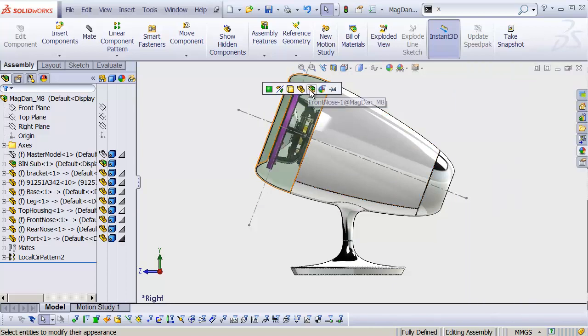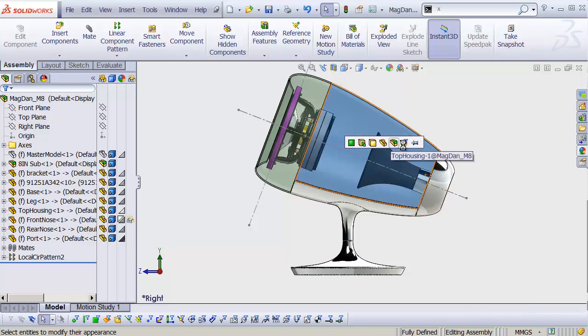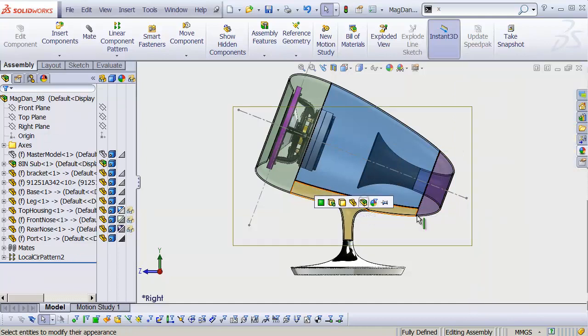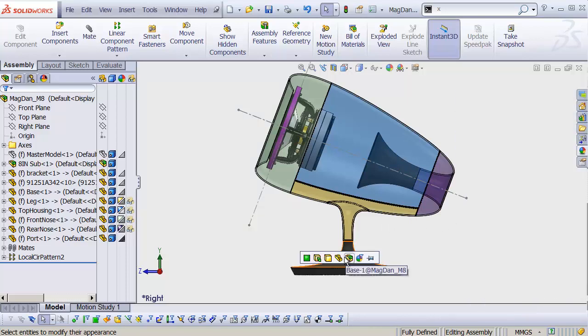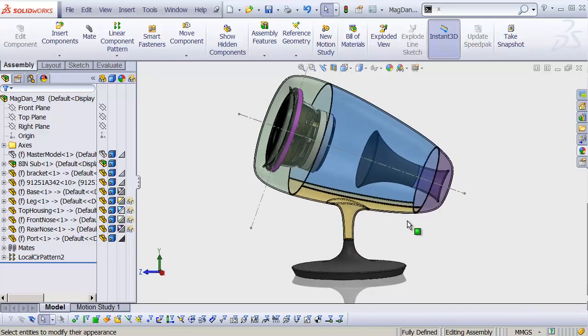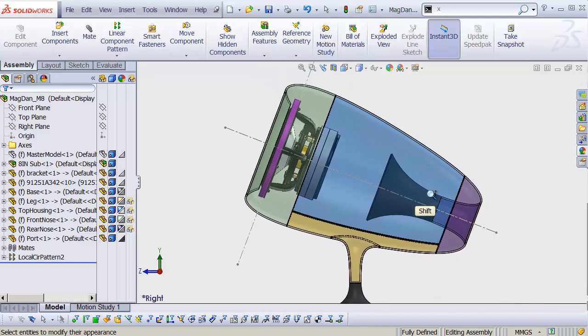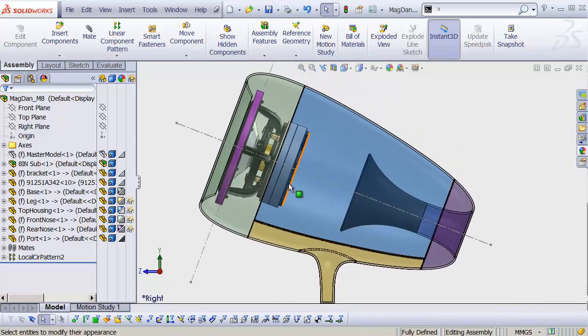So I'm going to go through and define each of these a different transparent color once again, but always at the assembly level, so that it's very easy to see where each one of these parts begins and ends. But then later we'll be able to turn those off really easily. I'll just make the bottom piece here an opaque dark gray, just so it's very easy to see what's going on as we work. And next, we're going to be tasked with adding some mechanical features, but before that, actually,